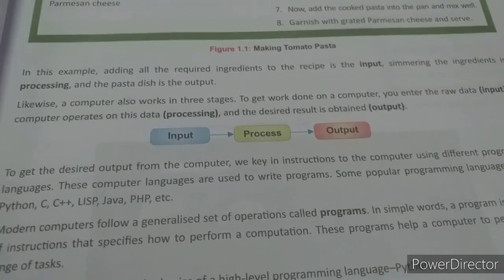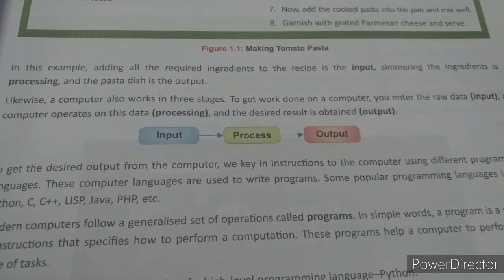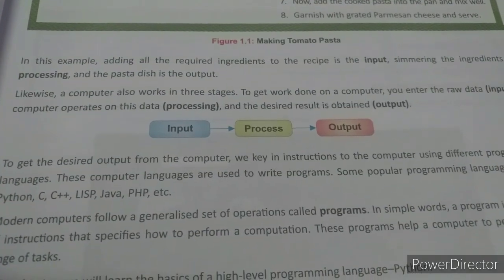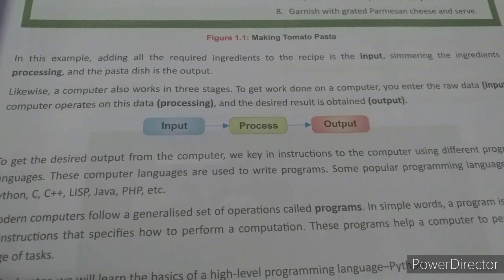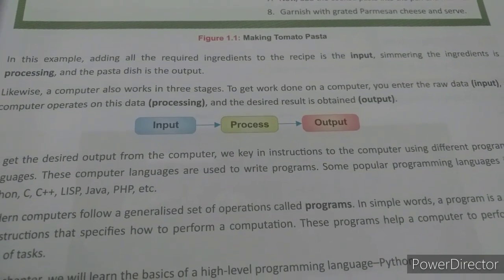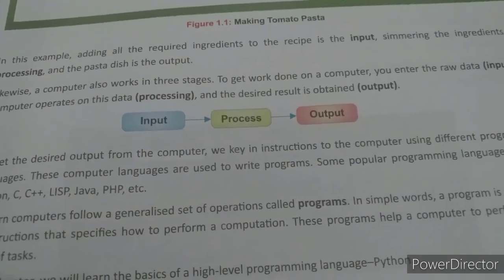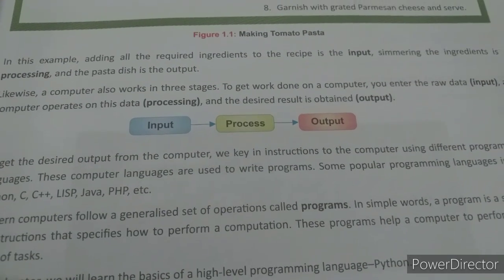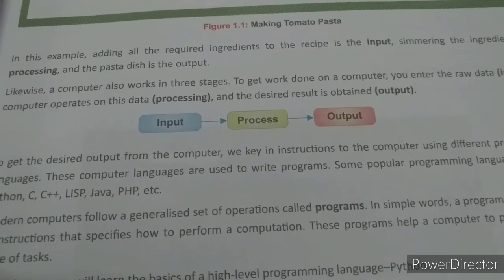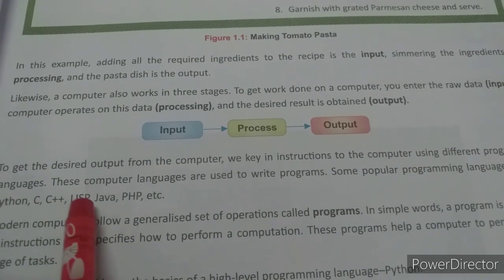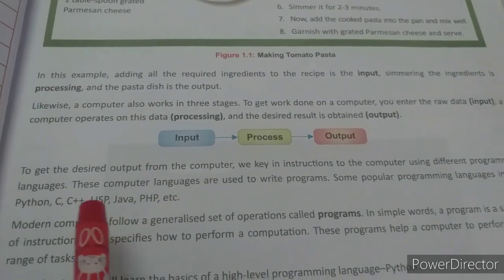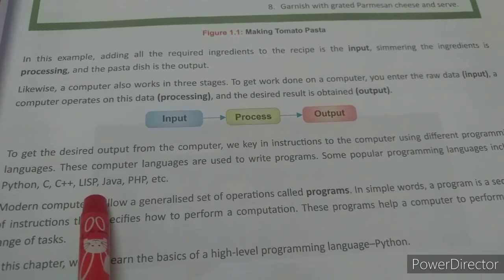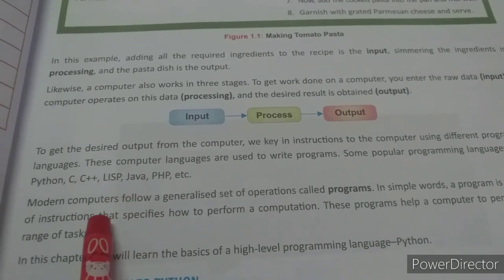As you all know, Python is one of the computer languages. It is the most popular programming language. What are the programming languages? The computer knows only binary language, which means only 0 and 1. So in order to make use of the computer, there are many programming languages such as C, C++, Lisp, Java, PHP, etc. These are the many programming languages. With the help of these programming languages, we can design new software or games, etc.